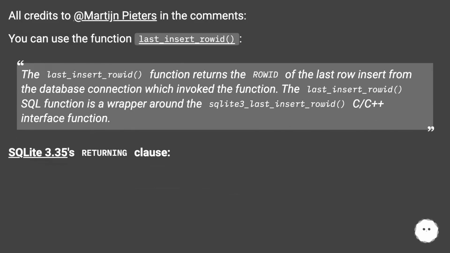All credits to Martijn Pieters in the comments. You can use the function last_insert_rowid. The last_insert_rowid function returns the rowid of the last row inserted from the database connection which invoked the function. The last_insert_rowid SQL function is a wrapper around the sqlite3_last_insert_rowid C interface function. SQLite 3.35's RETURNING clause